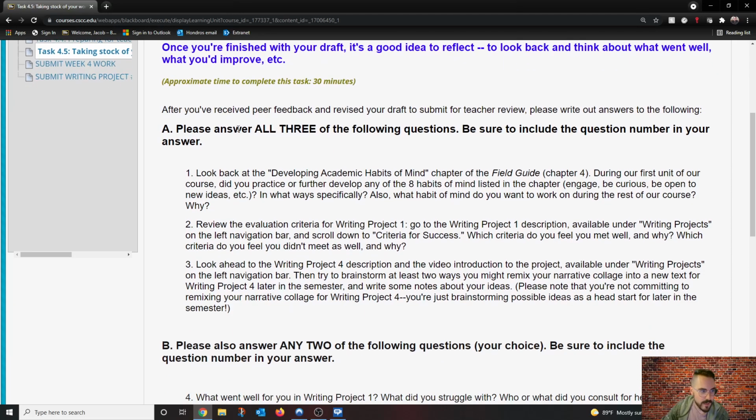For this assignment, I'd like you to answer all three of the questions below. Be sure to include the question number in your answer. You should basically always be doing that. Anytime you respond to any prompts in our class, make sure to let me know which you are responding to. Sometimes prompts kind of overlap. Other times it's not entirely clear which prompt you're responding to. So just make it abundantly clear what you are responding to. That way I can grade your assignments accurately.